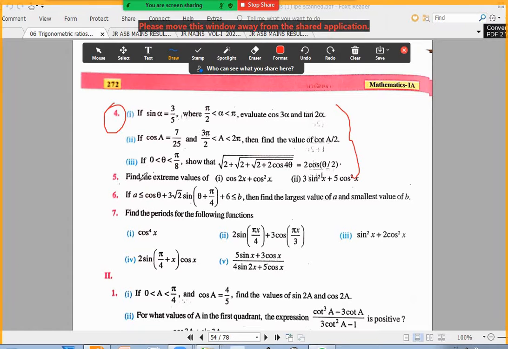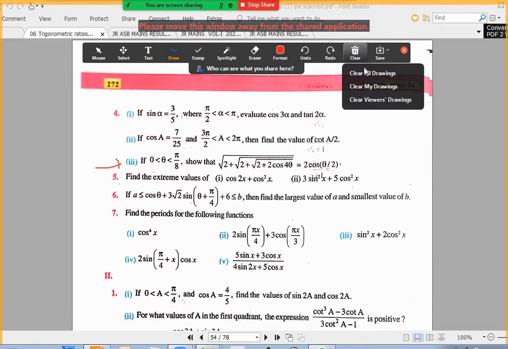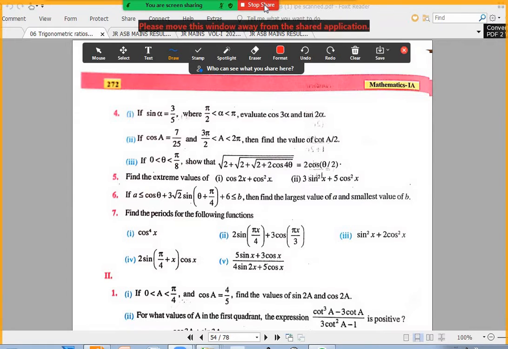Sir, third question, sir. In fourth, third one, Roman three, sir. Okay, third one. I'll try to write it on the board itself. It's not required, I'll try to write on the screen. Sir, simplify each value under the root, sir. Yeah, we have done a similar thing in the class using the formula. It's okay. We'll discuss.